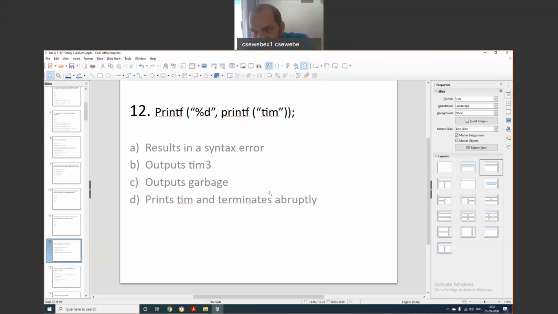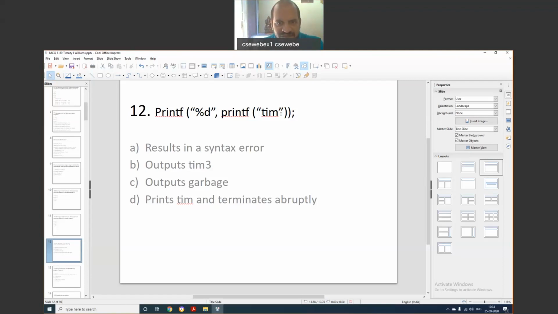Some answers I got from Varun Raj and Shreya. Yeah, right answers. Now the inner printf will give us the word Tim, followed by the value the printf returns, which is how many characters were printed by that printf statement. Now 3 characters are printed, and Tim followed by that 3 will be printed by the outer printf statement. So now we'll get Tim3.